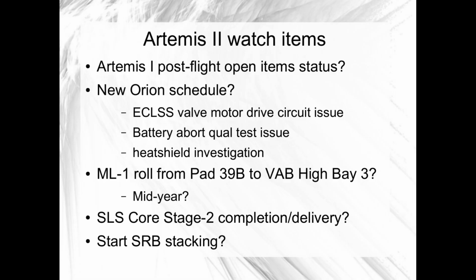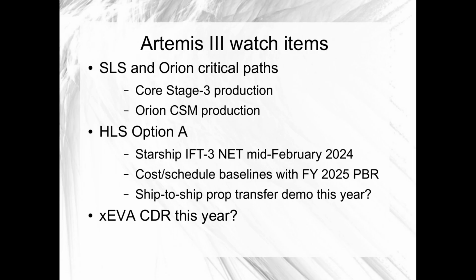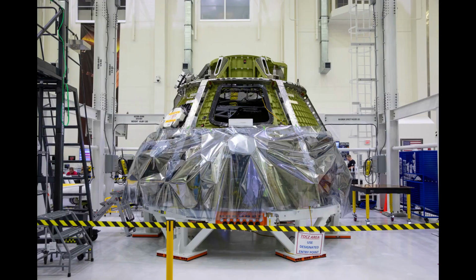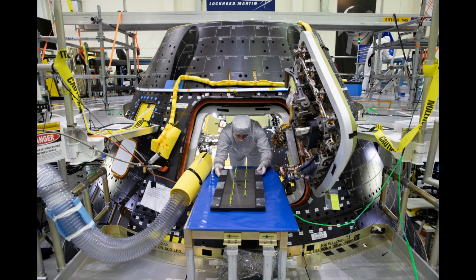When I talk about the status or watch items for an Orion or SLS build for Artemis 2, 3, or 4, but in particular Artemis 2 and 3, there are several things that I'm looking for. I wanted to run through some of the hardware pieces and some of the milestones that can be general indicators about overall progress or the status of a build. First, let's talk about some of the Orion hardware and milestones that we would expect to see or hear about